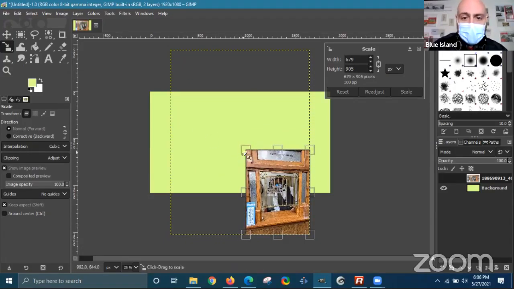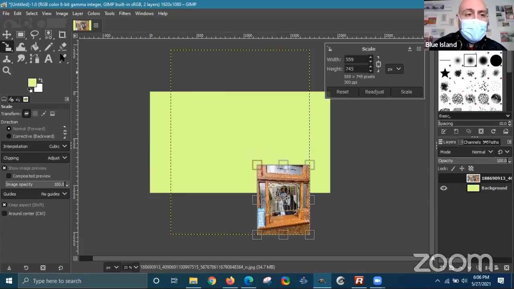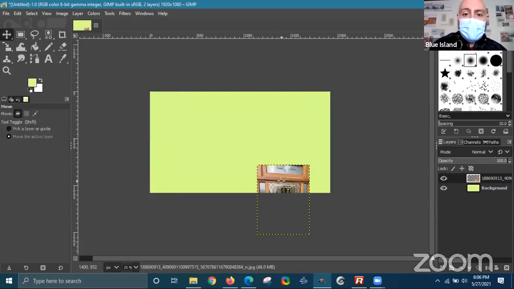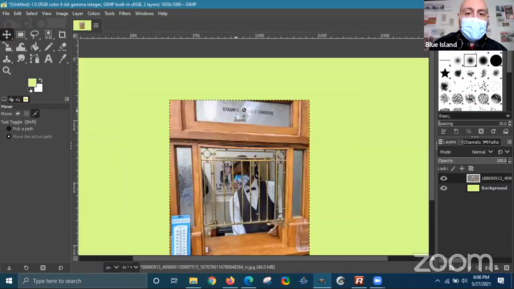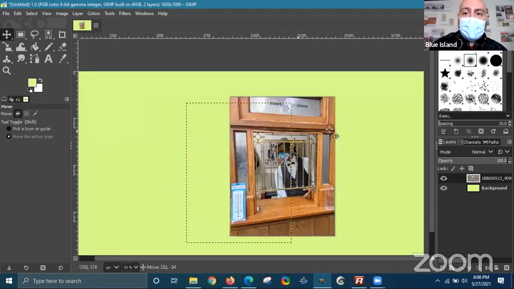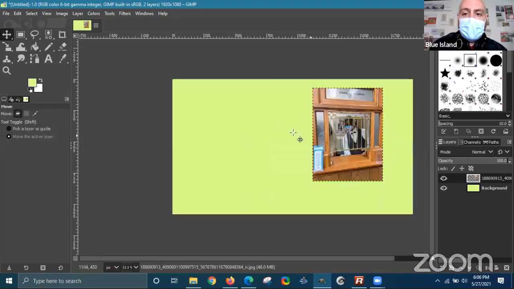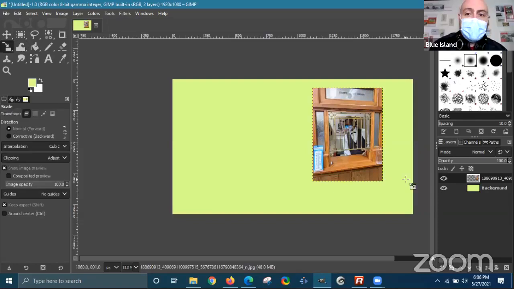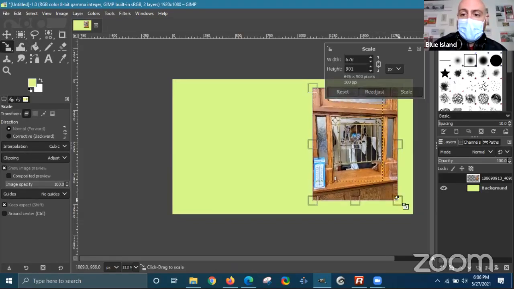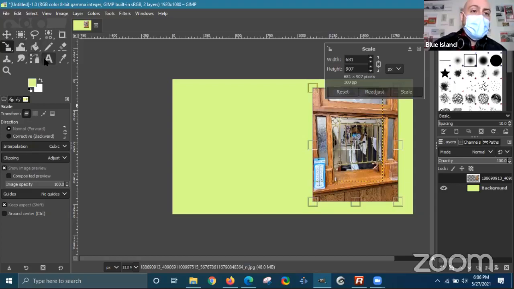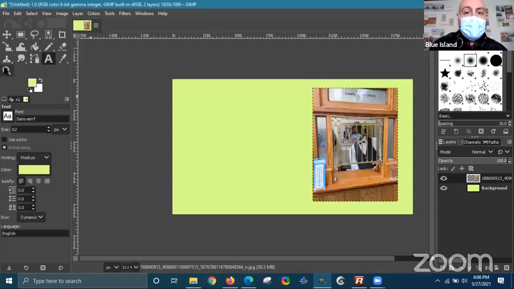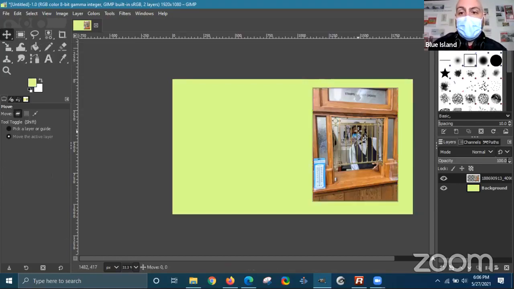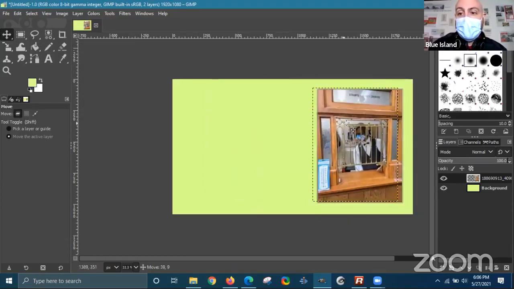And possibly maybe even more. I might even crop this or move it. All right, so let's say that is our example. Actually, let me scale that a little bit bigger. We'll do something with the picture on one side, and we'll do some text somewhere else. So all I did was use the move tool to move this layer around, and I used the scale tool,